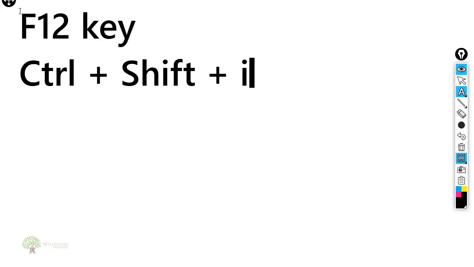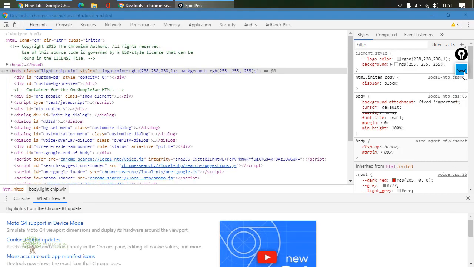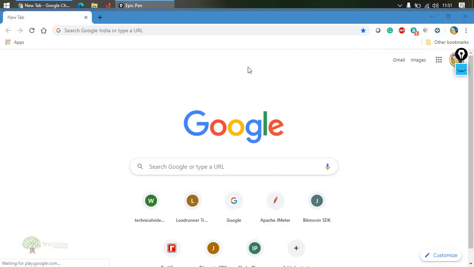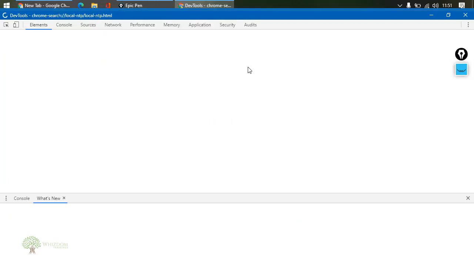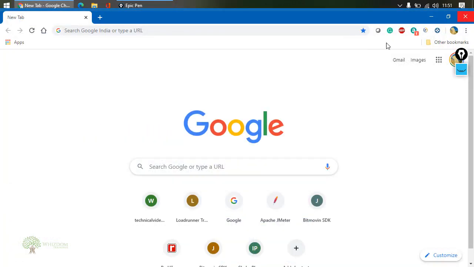In case you don't want to go with keyboard shortcuts, there are other ways as well. First of all, let us close this. Control Shift I. The moment I hit it, this window opens.